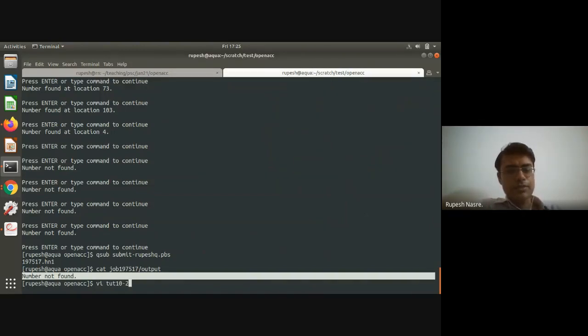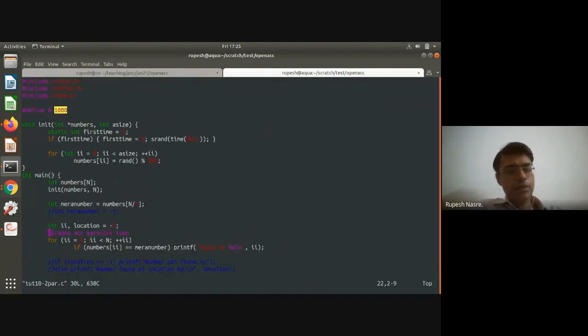Let's add the pragma. So I have added this pragma now, right? The parallel loop, and here let me add break, because otherwise it will not allow me to give that error. So let's see if that works out.